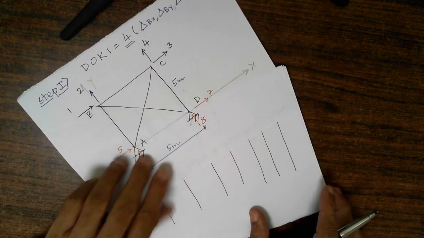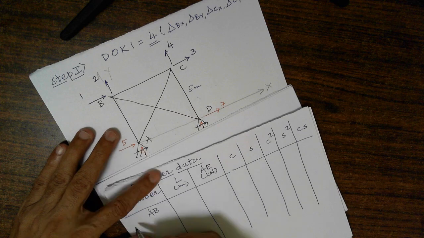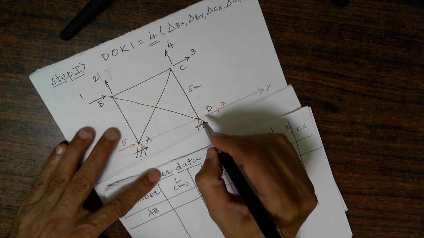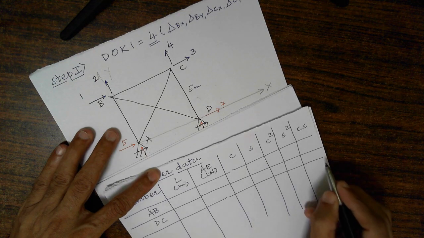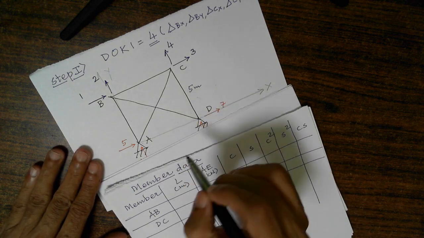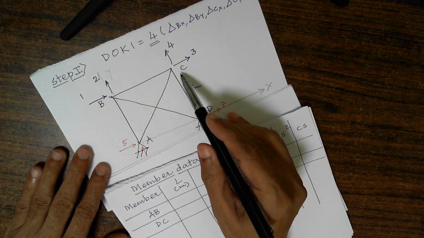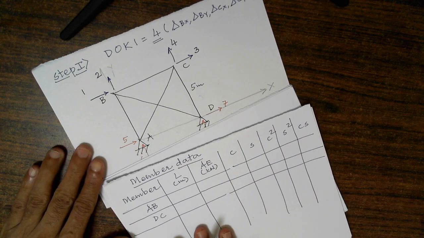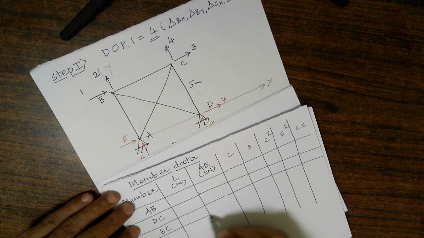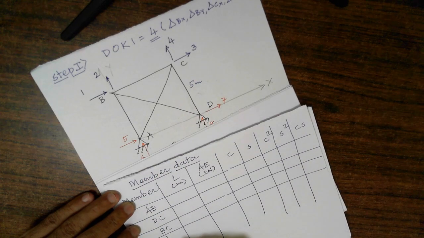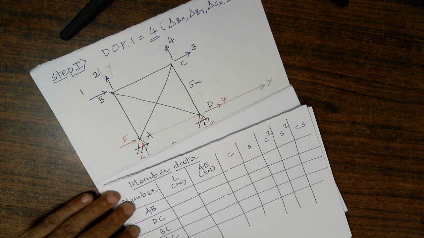So my first member, I am writing the members. I will select member AB and I will select member DC. Everybody agree? I have selected member AB and DC. In our last lecture we have discussed how to select one particular member. I could have selected CD also, but I selected DC member. Why I have selected DC member, that we have discussed in our last lecture. Next member I am selecting BC, and now AC or CA, anything will do. I will select AC, and similarly BD or DB, anything will do. I will select BD, no problem.